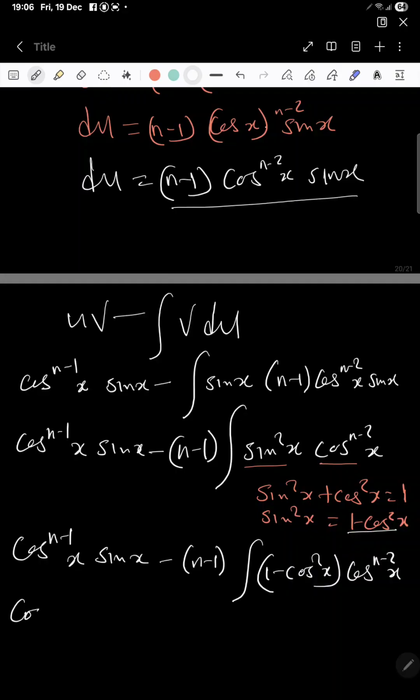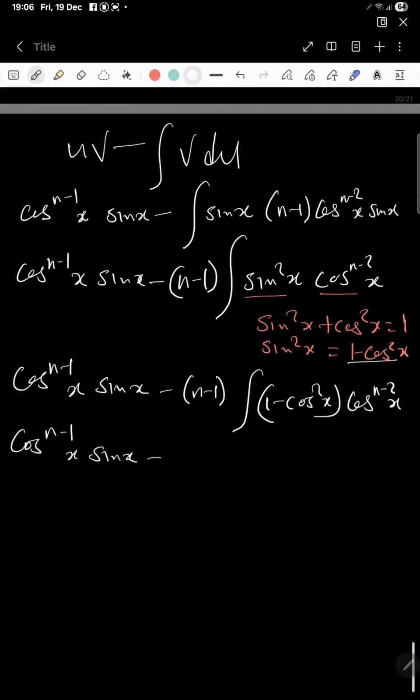So by doing that, we're going to keep this, which is cos to the power n minus 1 x sine x, minus the n minus 1 integral of, we multiply cos to the power n minus 2 x times 1 is cos to the power n minus 2 x, minus, we also multiply cos to the power n minus 2 x times cos to the power n. This and this have the same base, meaning that they can just maintain their base and add the powers. So the powers are n plus n minus 2, where you have